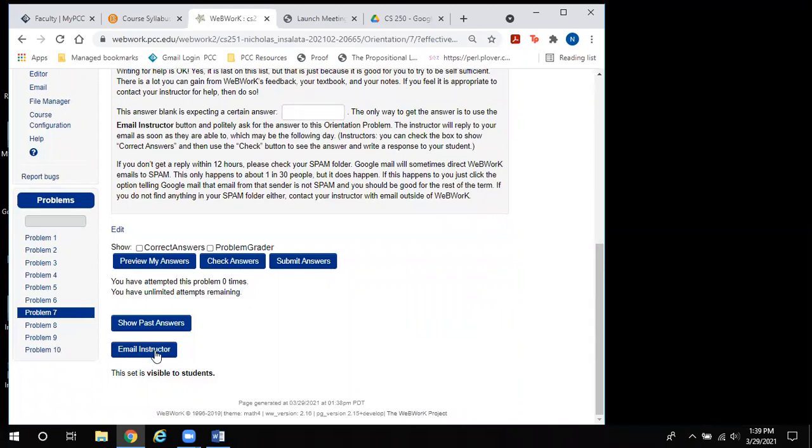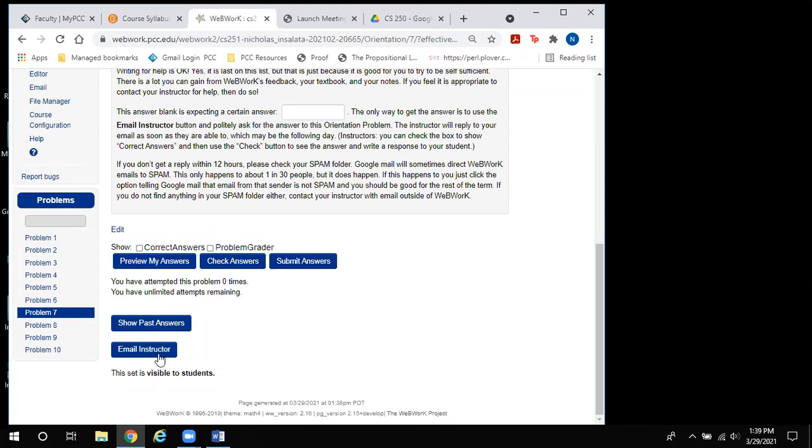So if you ever have a question on a WebWork problem, if you use this button, what it actually does is really fancy. It sends me your particular WebWork question with your history of all the answers that you've put in, and you can write me a little note with your question in it, right? So I'd much prefer if you use this button rather than just shooting me an email saying, oh, I don't get number 8.1.7, right? I don't get that question. And shoot me an email on PCC. You can do that, it's fine, but it would be nicer if you use this button,